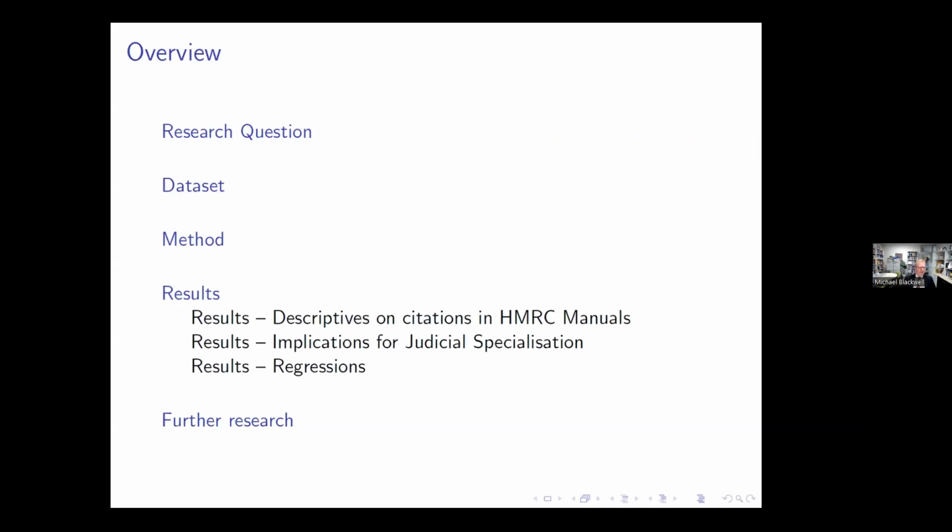I'll talk you through how I assembled this data set and the method of analysis used, especially to extract the citations. And then I will talk you through some results. This is actually part of a book I'm writing at present. So I'll conclude my remarks tonight by outlining this in the context of the other chapters of the book, so you can appreciate the overall project that this is part of.